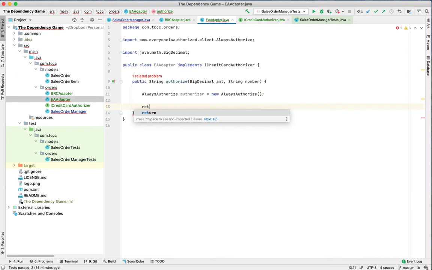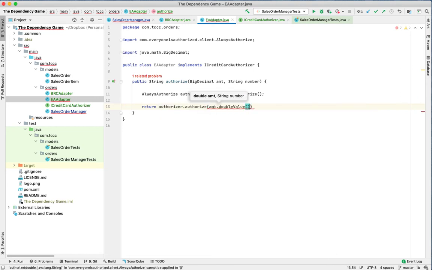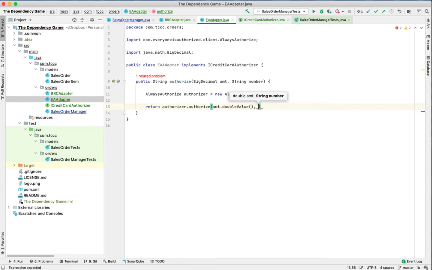And I'm going to return authorizer.authorize because that's what this service provider uses. But it needs a double amount and a string number. So I'll just grab my amount and convert it into a double. And I'll take my number and pass that in for the card number, and everything is hunky-dory, except for back